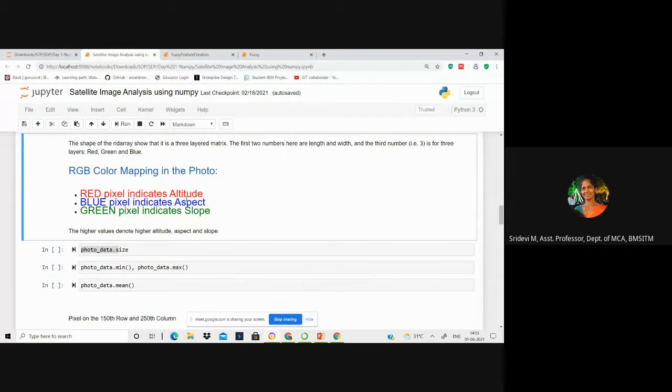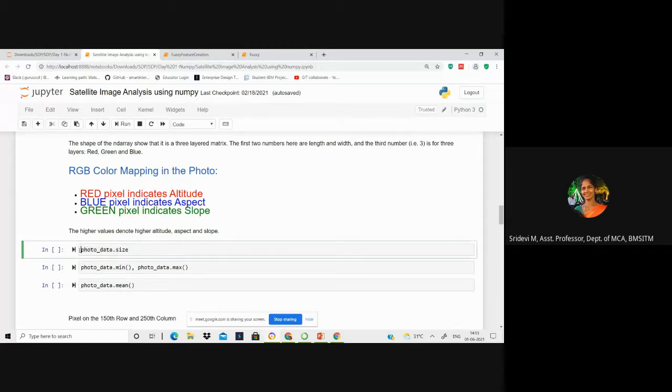And aspect: say if the forest cover is very thick in some areas, in that case it can catch fire quickly. If it is green, it may not spread that quickly, but if the forest cover is almost dry, in such cases, if the blue intensity is high, the spread may be very quick. Okay, like that, based on the geographic locations, each of these plays some role in the spreading of forest fire.